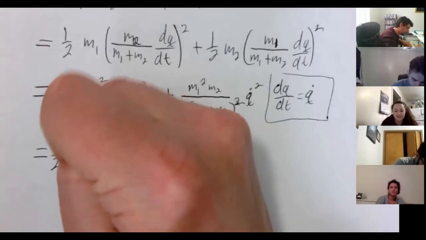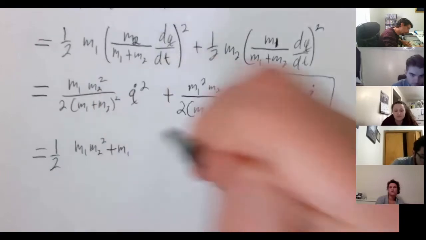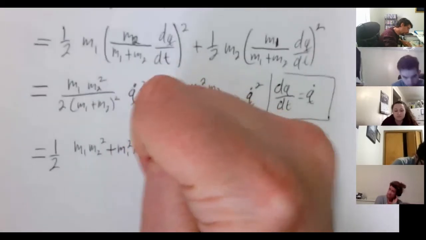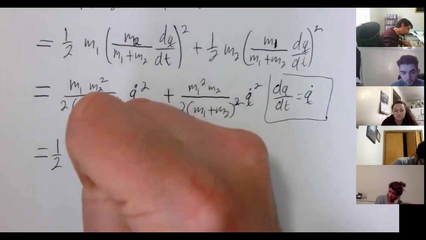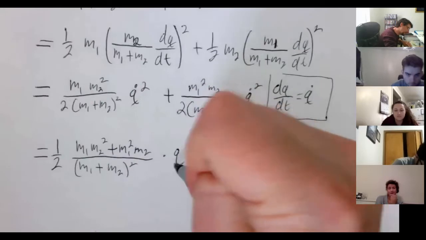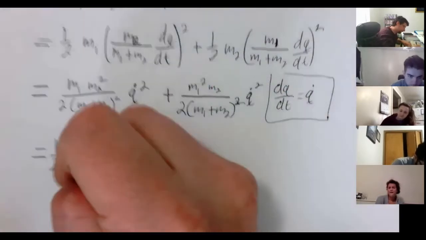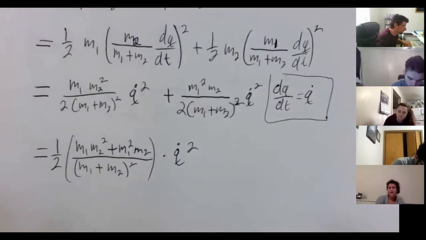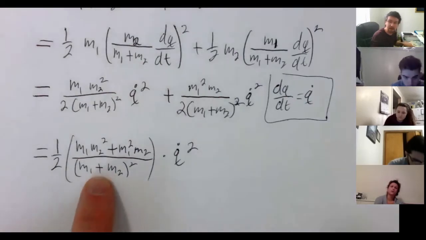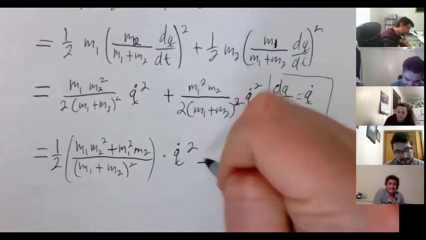We're going to have m1, m2 squared plus m1 squared, m2, all over m1 plus m2 squared, times q dot squared. Why don't you just pull the bottom m1 plus m2 out, squared? We'll see in a second. Okay. So now,